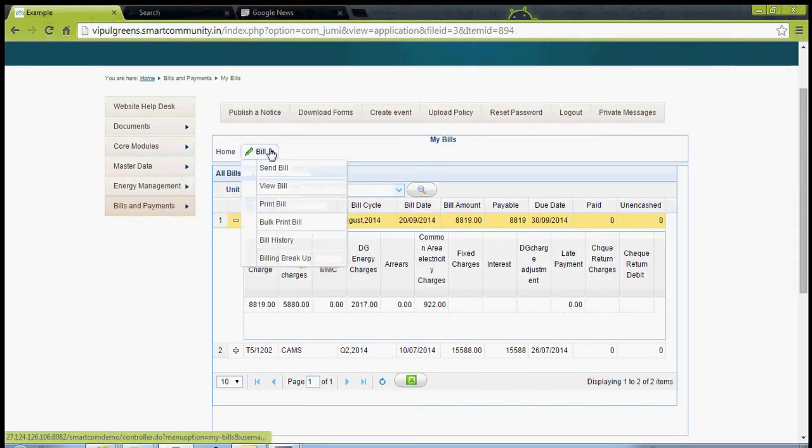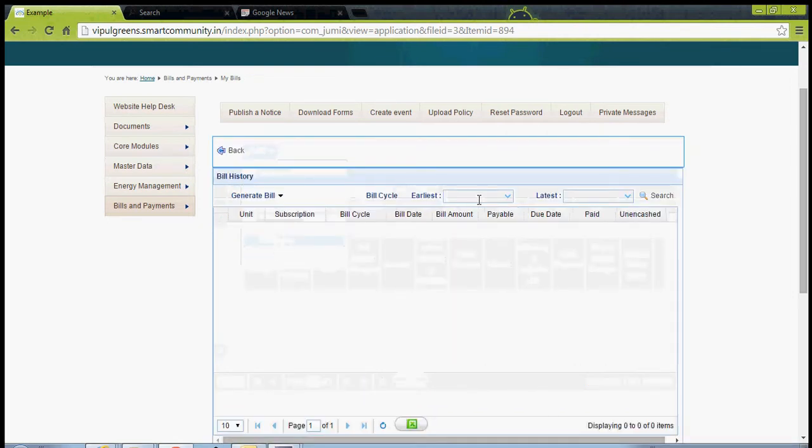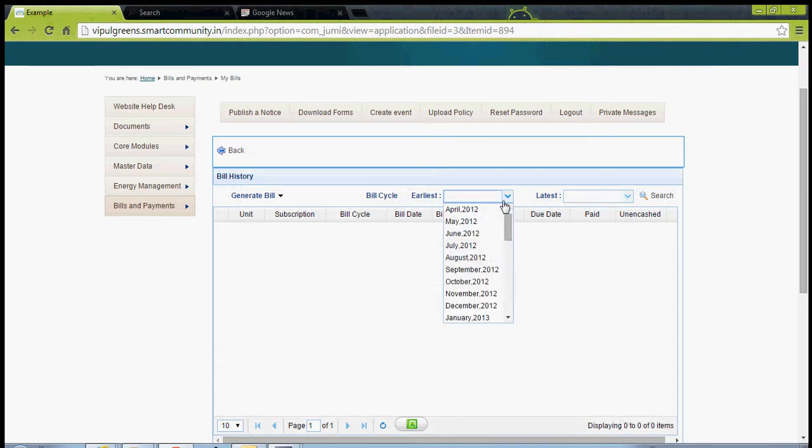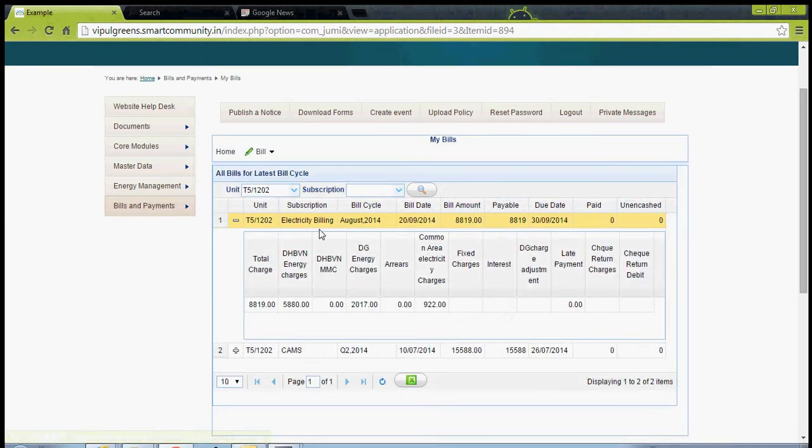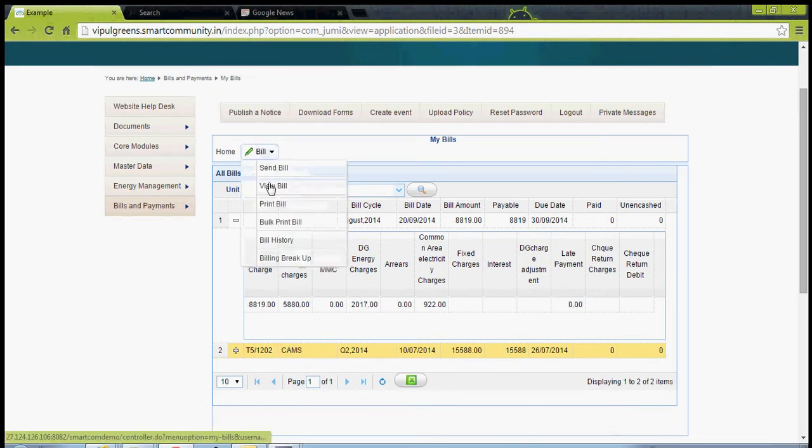One can also go and see a history of the bills. What that means is that one can see the bills of a particular type of previous periods. So one can select either an electricity bill or the CAM or the maintenance bill and see the bill history of those subscriptions.